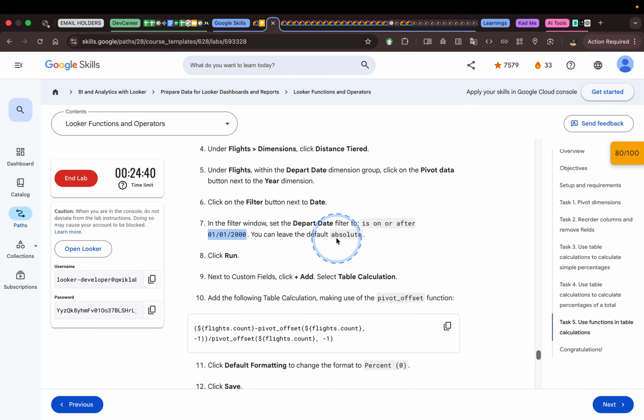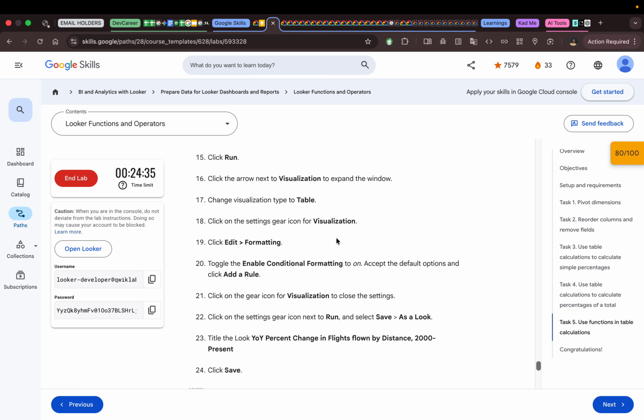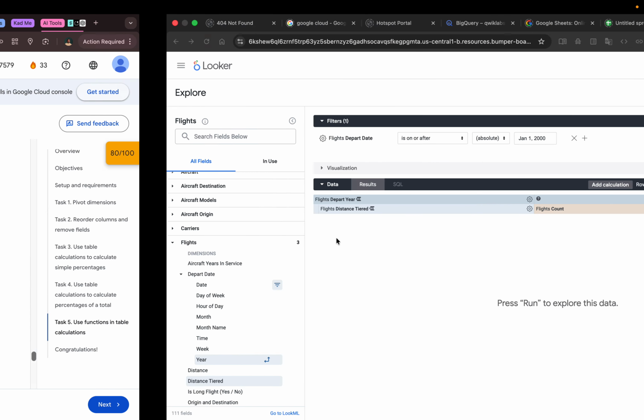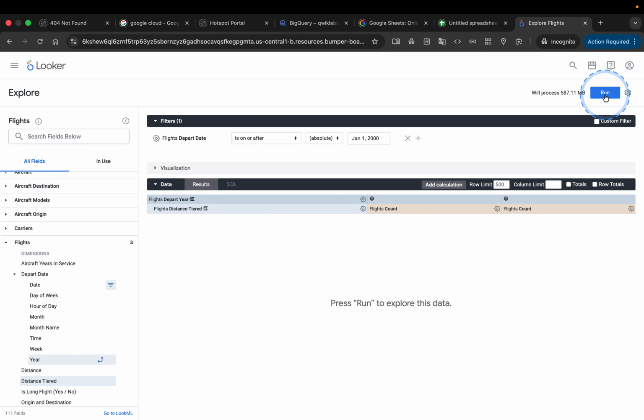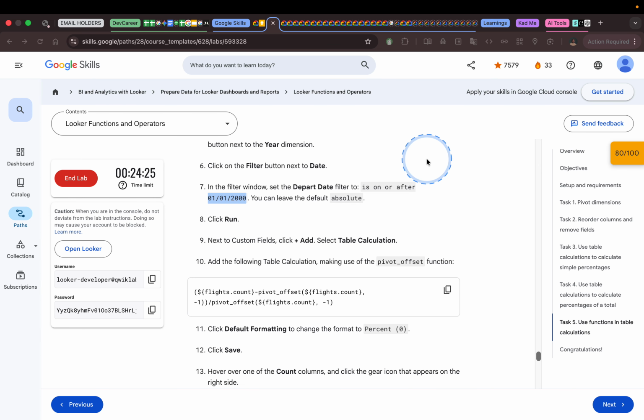So next we click on run. After that, next to custom fields, we will add our table calculation